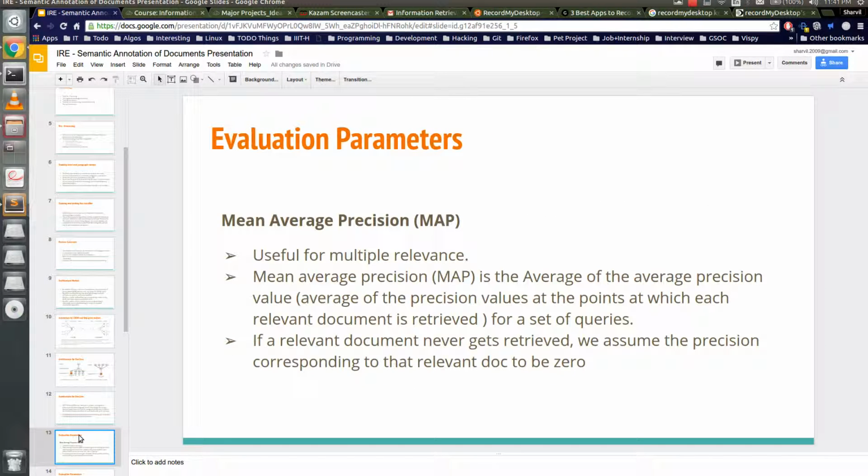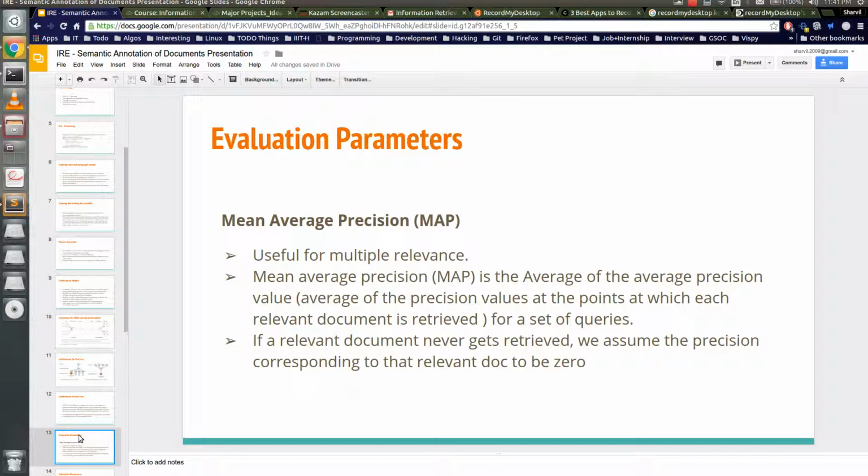So moving on to the evaluation parameters that we used: MAP and NDCG. The reason for this is that these are multi-relevance evaluation parameters, meaning that the other parameters are designed with binary data in mind, but this clearly is a problem of multi-label and multi-class data, as I'll be speaking about a little later in the presentation.